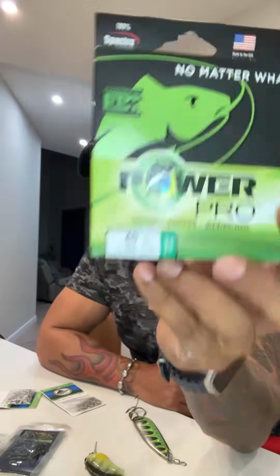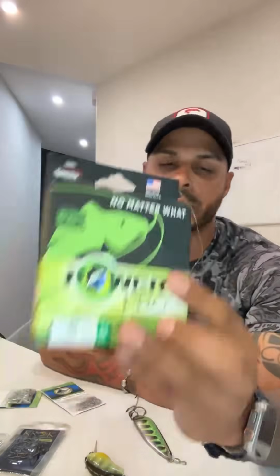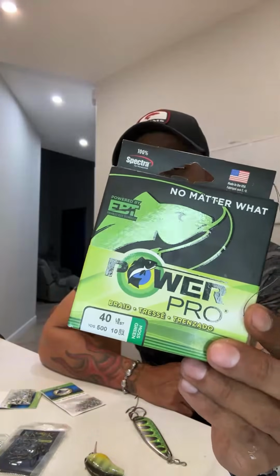So I went to Bass Pro. I got some Power Pro for my Slammer. I'm going down from 65 pounds of test to 40-pound braid. I don't think I need 65-pound braid at the jetty, so I figured why not go down to 40. That's gonna allow me to cast even farther than the 65-pound braid. So this is what I'm gonna be putting on my 6,500 Penn Slammer for this weekend to do some jetty